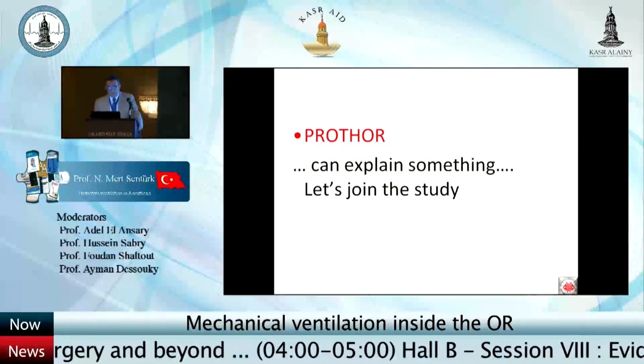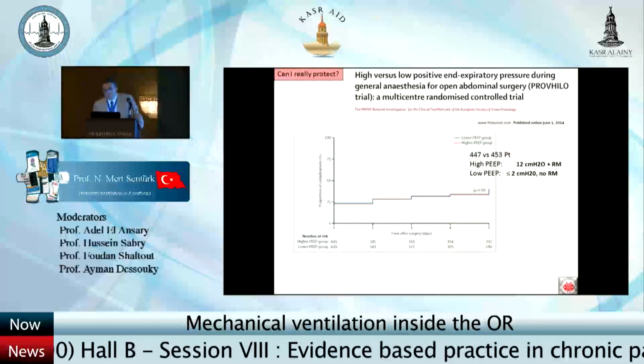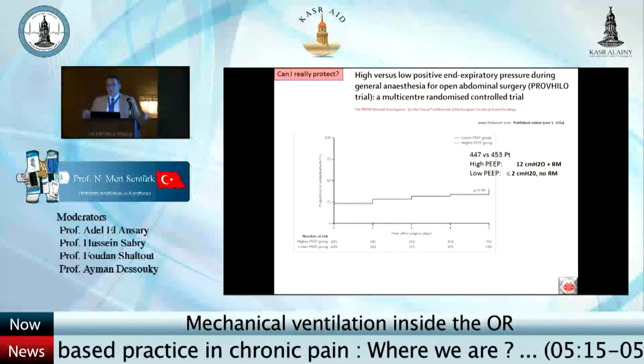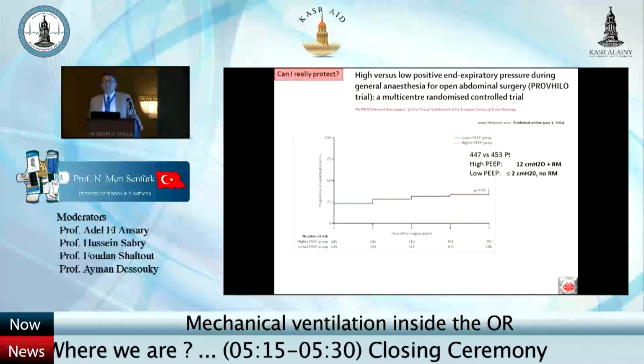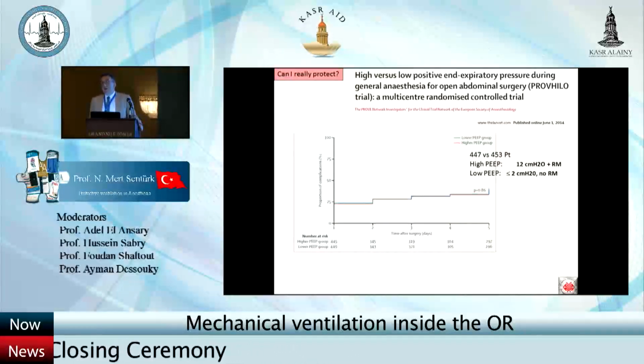It was very interesting, but probably here is the main problem of the study, that the high PEEP in terms of protective ventilation group has been applied only with a fixed PEEP, and therefore it's not reliable for the general rules